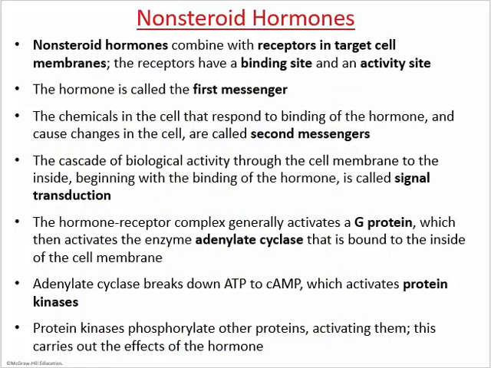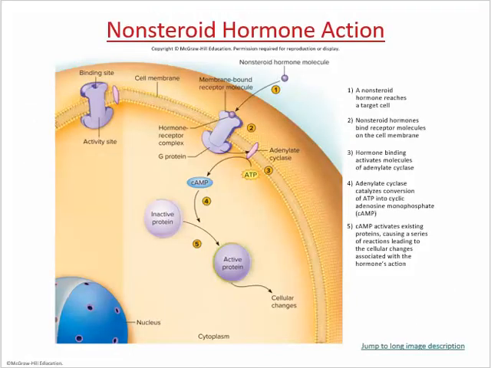The nonsteroidal ones get to the cell membrane where they interact with receptors on the surface, and then the receptors on the surface trigger something to happen within the cell, and we call this the second messenger system. Now, the advantage to this is then the hormone can move on to the next cell, where it can't in the steroidal ones. However, the steroidal ones will be much longer lasting because they don't wash away.